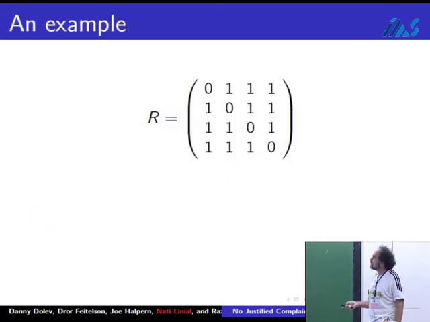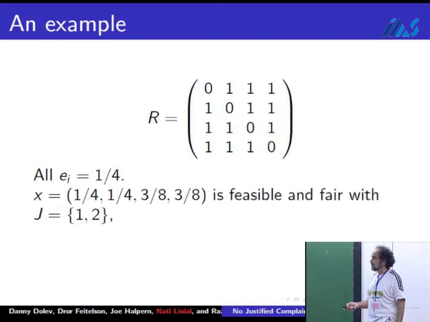I'll show you later. So here, let's take a very simple example just to illustrate. Let's say that this is the request matrix. So everyone is requesting 1, except that user i is requesting 0 of resource i, and otherwise they're requesting 1. Here are 2, and all entitlements are a quarter. So here is one possibility: x is a quarter, 3/8, 3/8. It's very easy to check that this is a feasible and fair solution where the bottleneck resources are 1